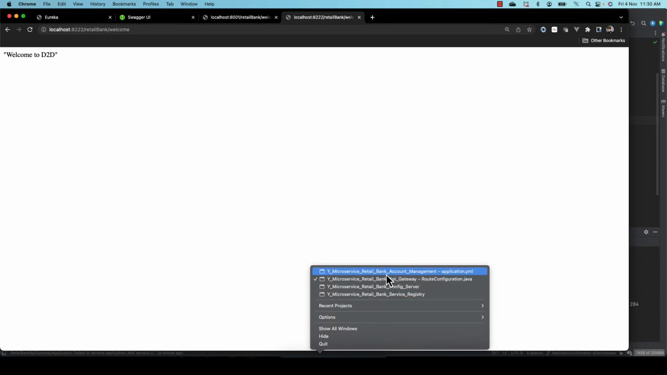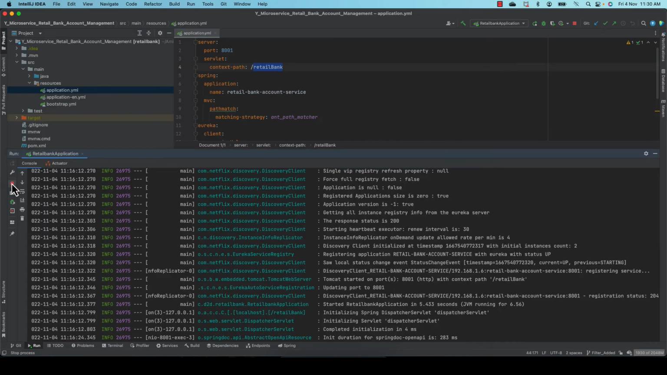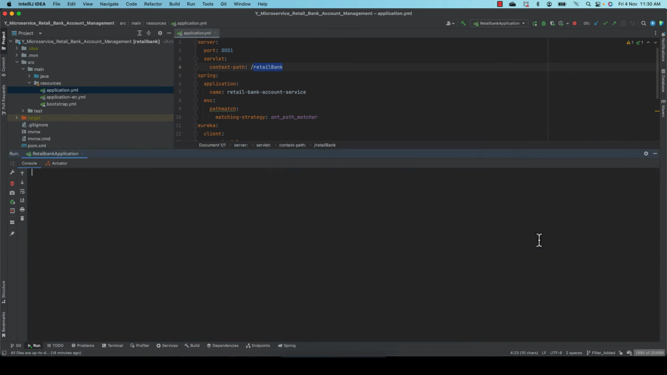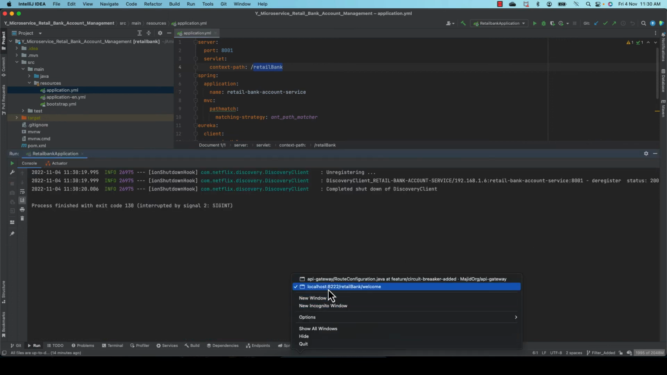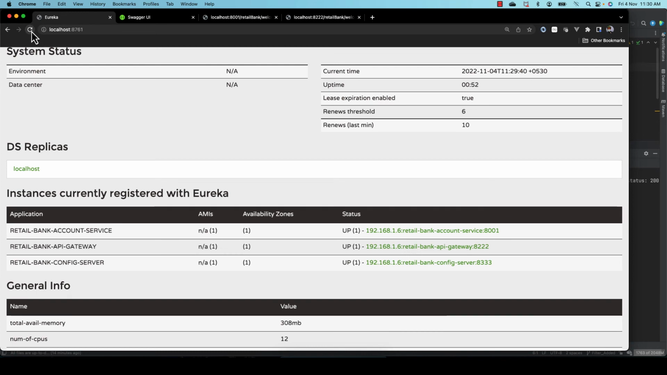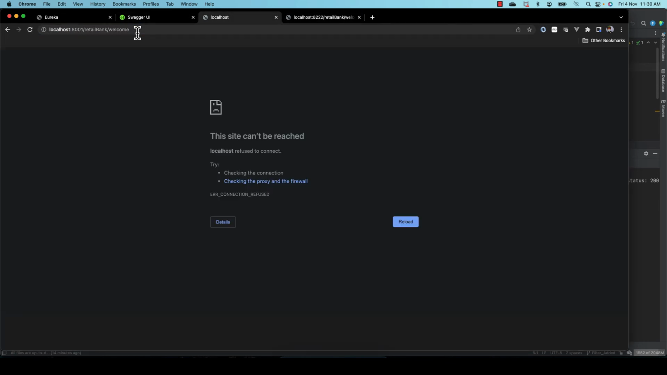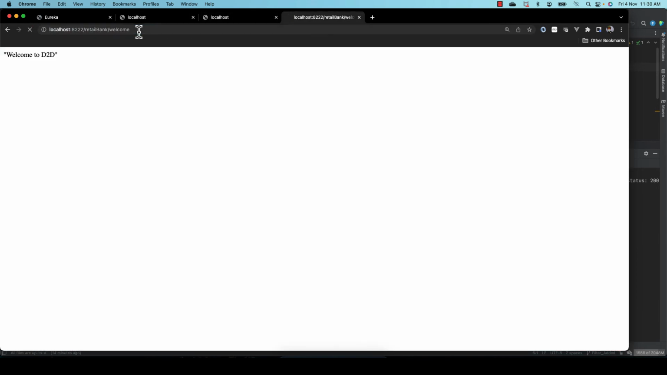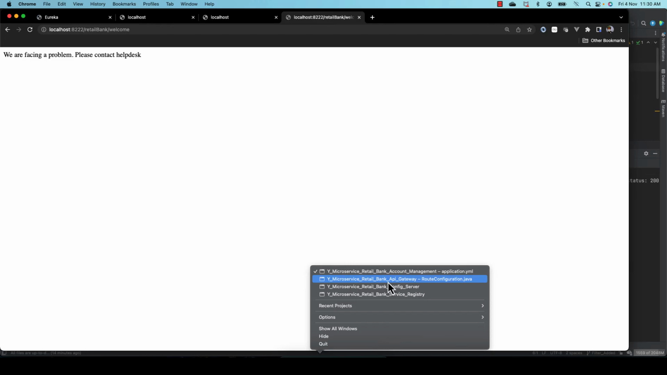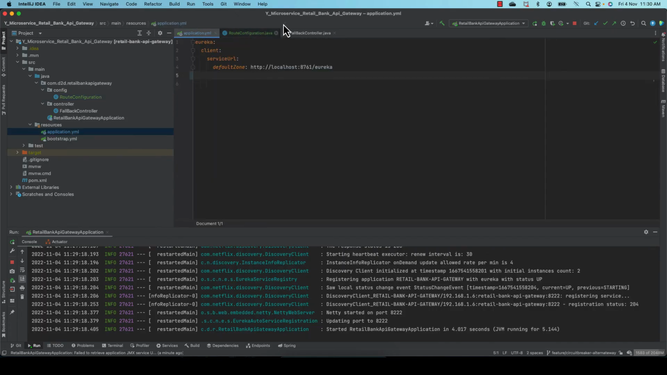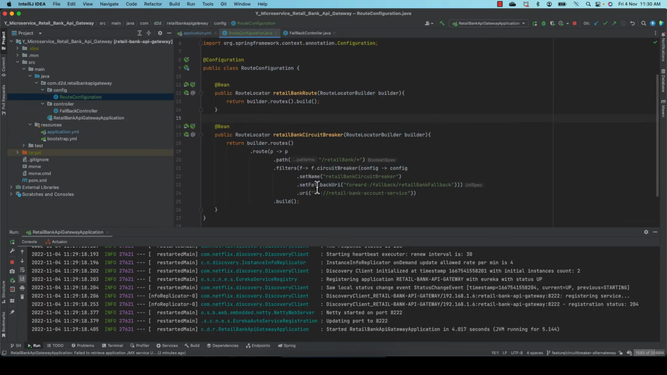Now we go to the account and stop this one. Once we stop, let's go here. It is stopped. Obviously this will not work. Obviously our Swagger will not work, but let's see here. I should get the desired response. Yes, we are facing a problem. Please contact the helpdesk. So whatever we did earlier in the application.yml, the same thing we can do with Java code